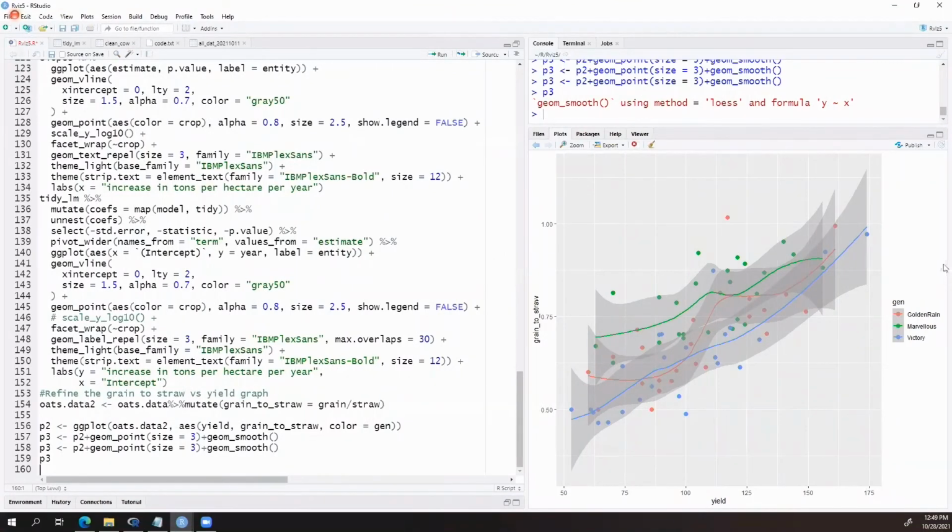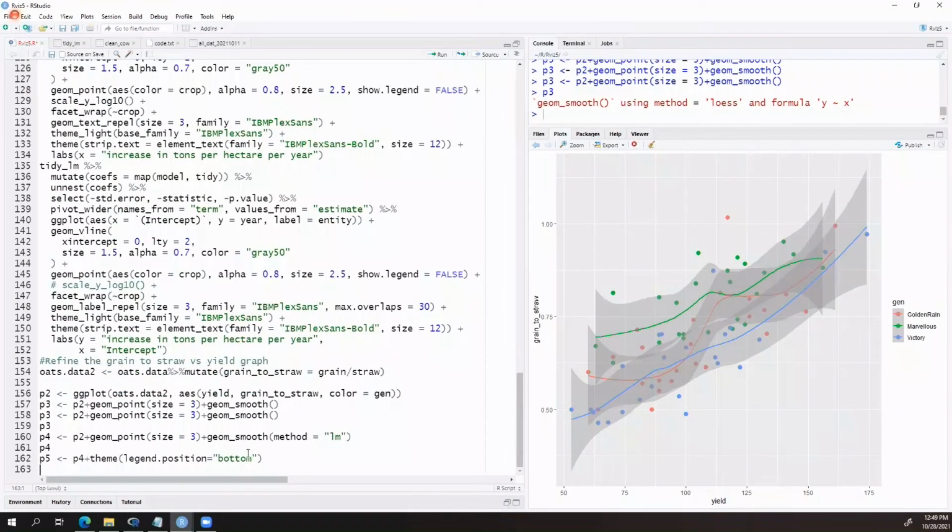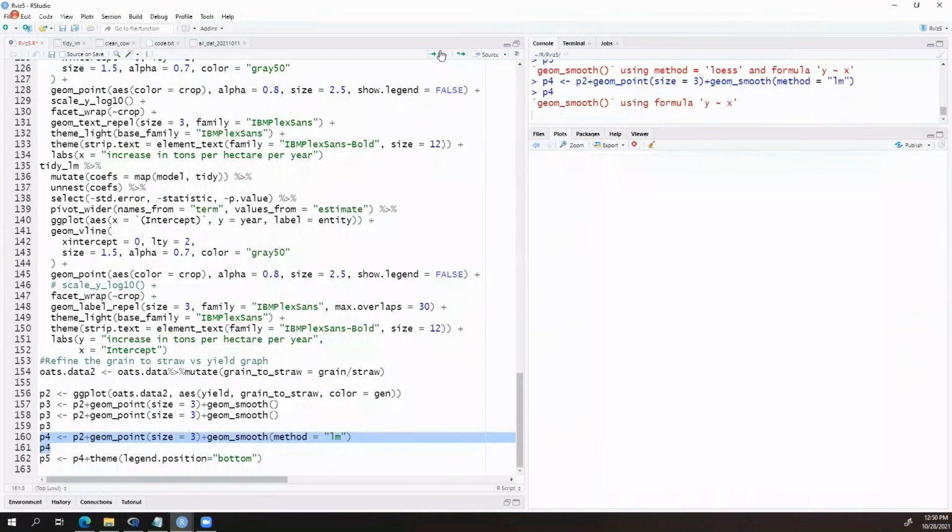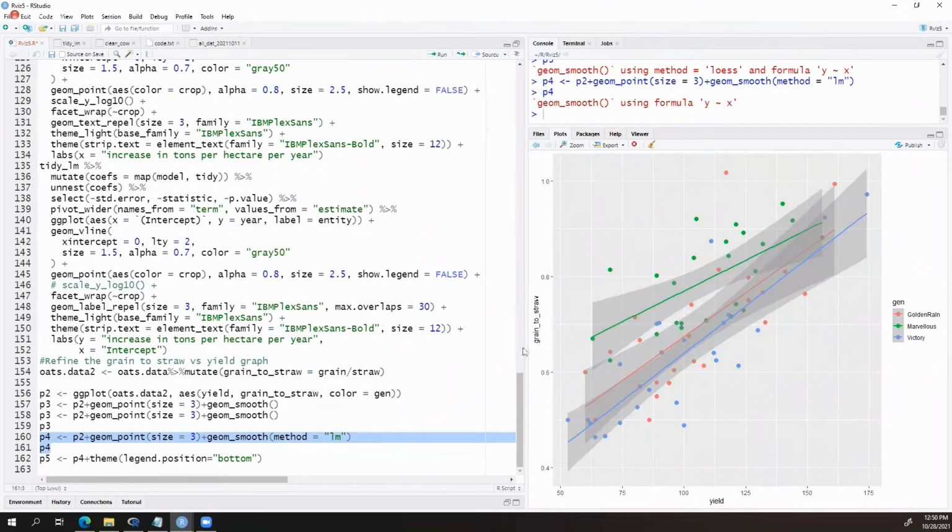But we're going to add some details to it. So we're adding a linear model for the geom smooth, and we're going to add a legend and put it at the bottom. So that cleans it up a little bit.